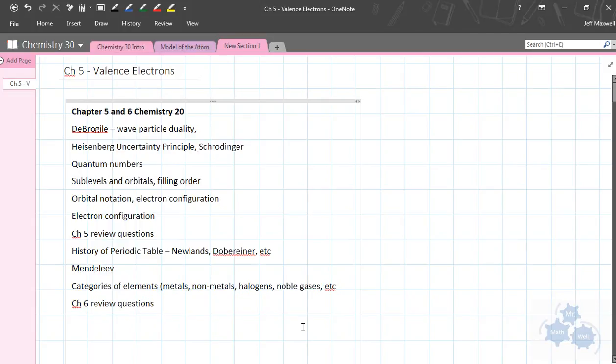All right, Chemistry 30. Class today, we're going to start into Chapter 5, talking about electrons, specifically valence electrons and bonding and different things like that. We just got finished talking about the development of the model of the atom. And we talked about how the model of the atom has been developed over the